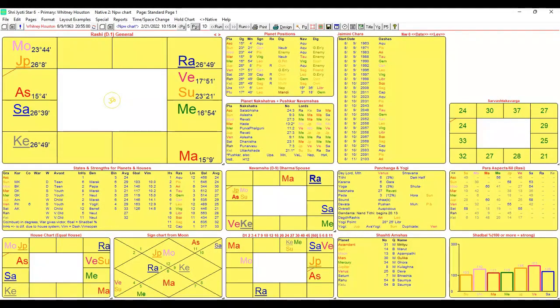It won't necessarily hurt her ambition. It won't necessarily hurt her skills. But it will hurt certain things, like her family. It will hurt relationships. Essentially, it won't necessarily hurt property. She'll have property, but if Mars is there, and usually planets in the eighth house will make a person seem